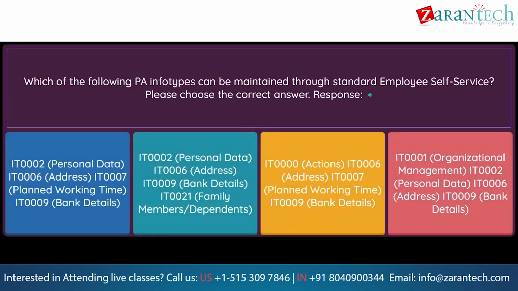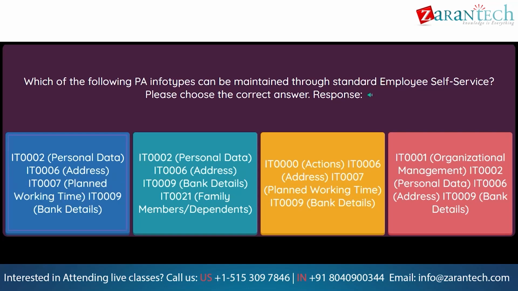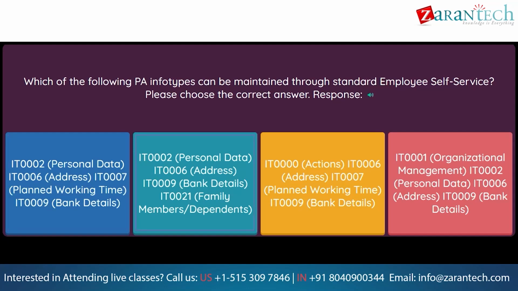Question: which of the following PA info types can be maintained through standard employee self-service? Please choose the correct answer. Response: Option 1: IT0002, Personal Data, IT0006, Address, IT0007, Planned Working Time, IT0009, Bank Details. Option 2: IT0002, Personal Data,